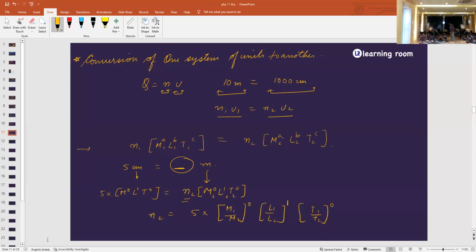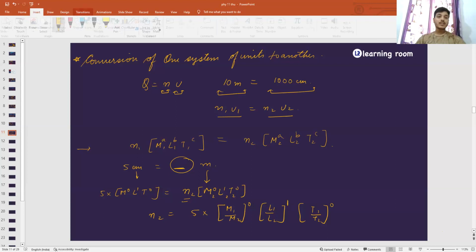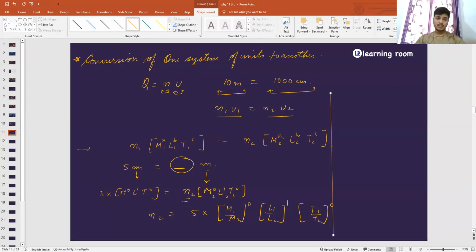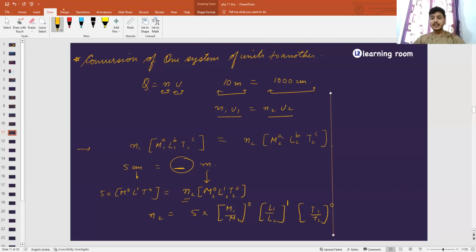Right? Okay. Now what we have to do? We have to solve this. So now I can write the same thing as N2 is equals to